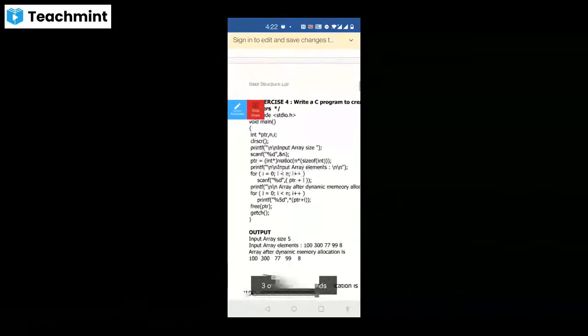You just go through it. First line, what I did is the same. Input array size, read value, ptr is equal to int star malloc n into size. So you go through this. This is the program you have to do. If you have a system at home you can do it. Are you able to see the program?